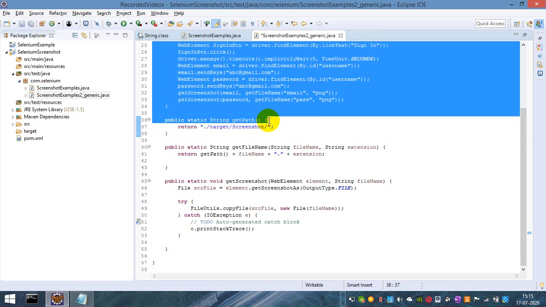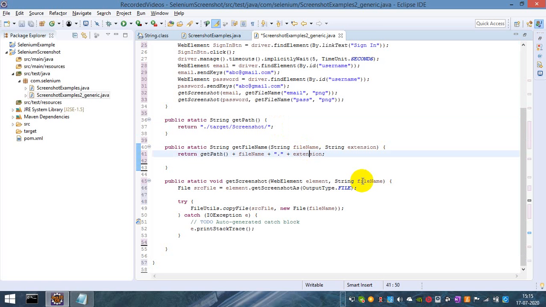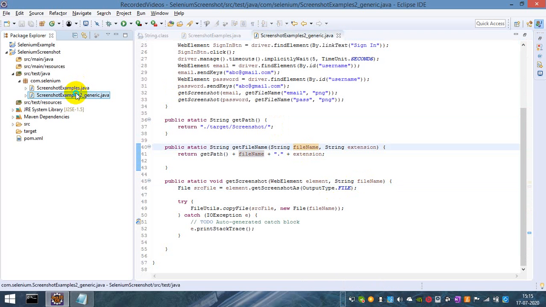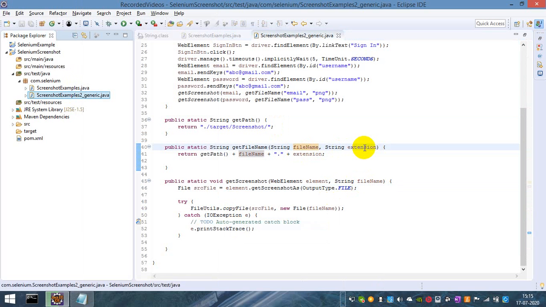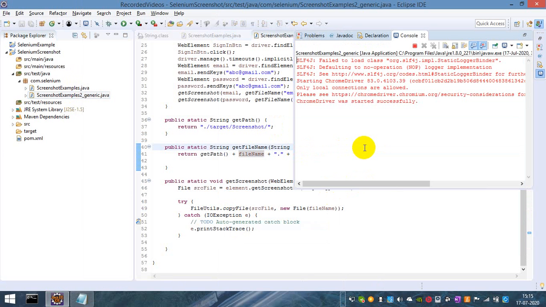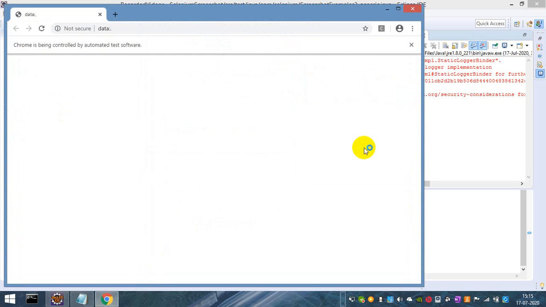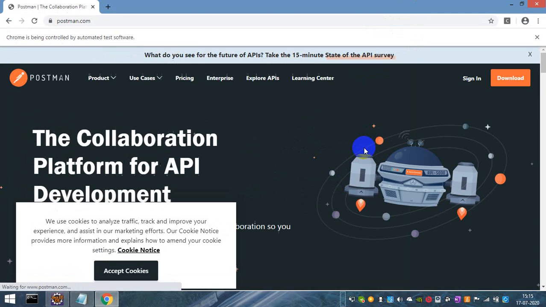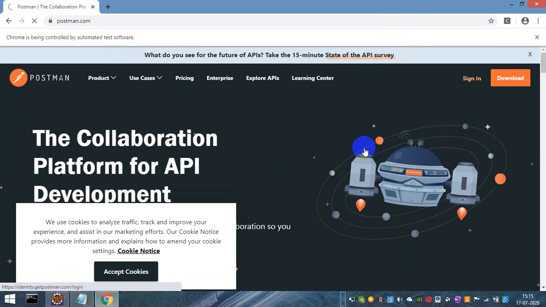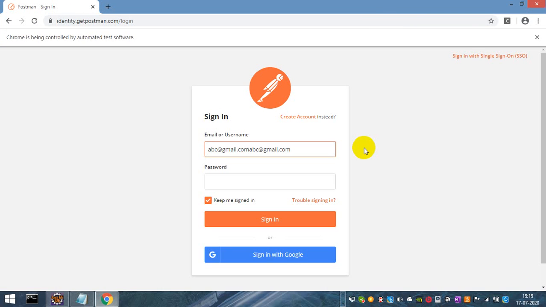And then I will run this program as a Java application. You can see the Postman site is right now opening, clicking on the sign in link, entering some value inside the email.